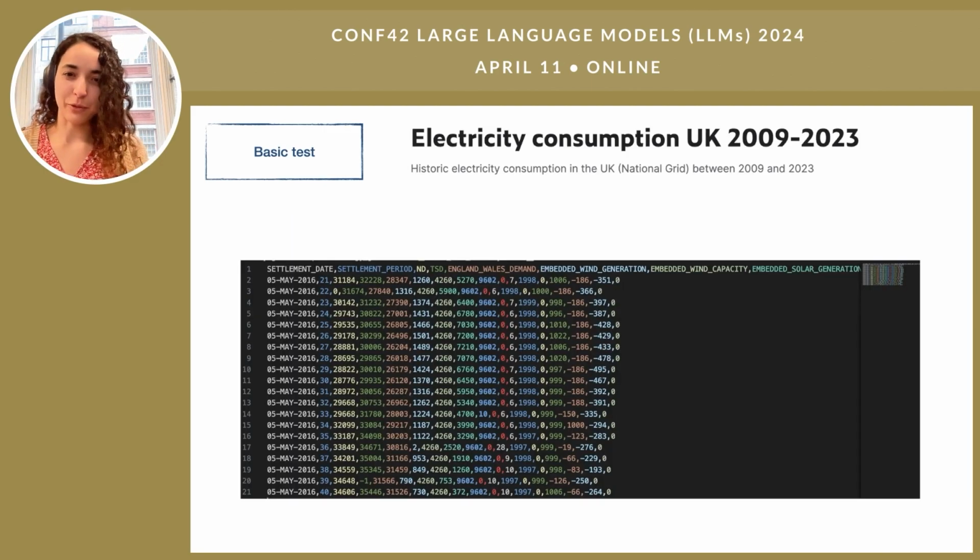Let's up the level a little bit. We already mentioned electricity generation with solar energy, so why don't we use the actual data behind this? Here we're using electricity consumption data from the UK. There's a huge amount of data on Kaggle that you can use for this. Right now, I'm just using a small extract, a few lines from it, and it looks a bit like this. There are lots of columns to do with demand, generation capacity, etc., that you can have from this database.